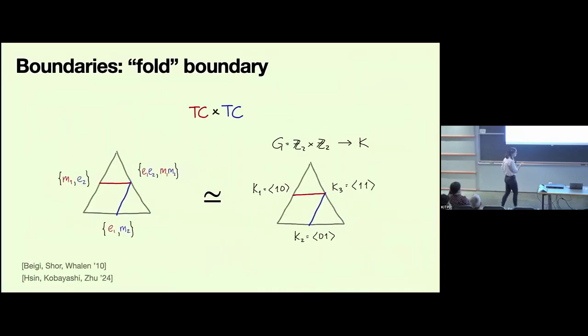Sometimes we will also use this boundary, which we call the fold boundary. This one corresponds to having two copies of the toric code, which are labeled red and blue. On the boundary on the right, I actually choose a subgroup, which is a diagonal subgroup, and it forces the magnetic strings of each of the toric codes to meet together at that boundary. We call it a fold boundary because it can be viewed as taking one toric code and just folding it along that boundary. For example, such a boundary configuration actually hosts only one logical qubit. So it's really like taking one square of the toric code and just folding it over itself.